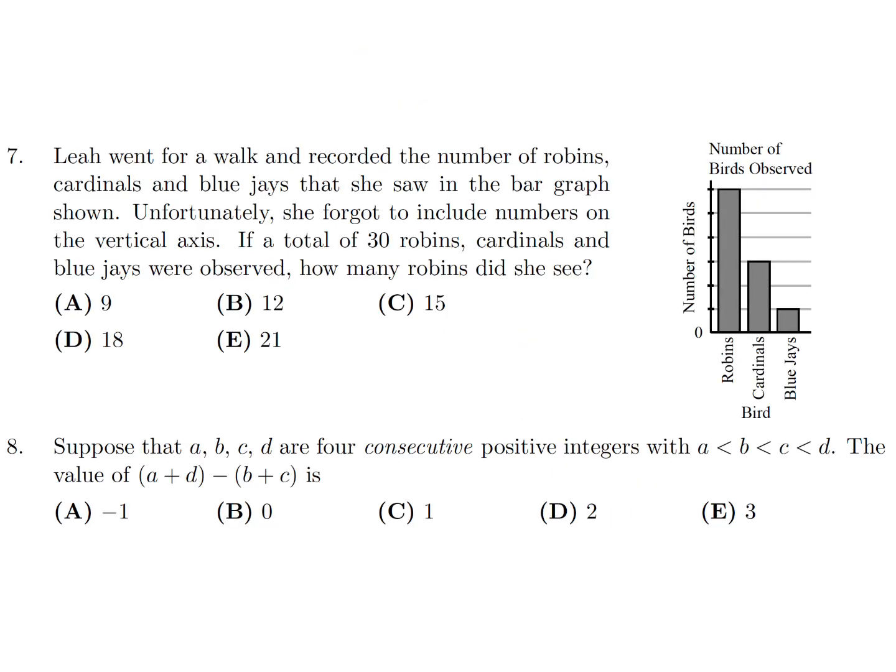Leah went for a walk and recorded the number of robins, cardinals, and blue jays that she saw in the bar graph shown. Unfortunately, she forgot to include the number on the vertical axis. If a total of 30 robins, cardinals, and blue jays were observed, how many robins did she see? All right, so we have 1, 2, 3, 4, 5, 6, but it's not labeled fully, so let's just call it 6x for the robins. And then cardinals is 1, 2, 3, so 3x for the cardinals. And blue jays